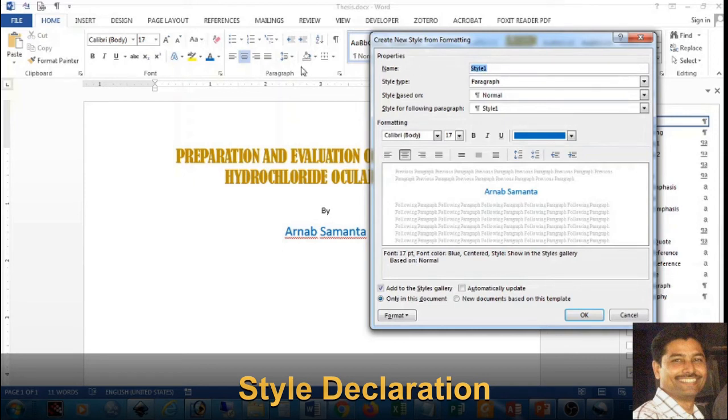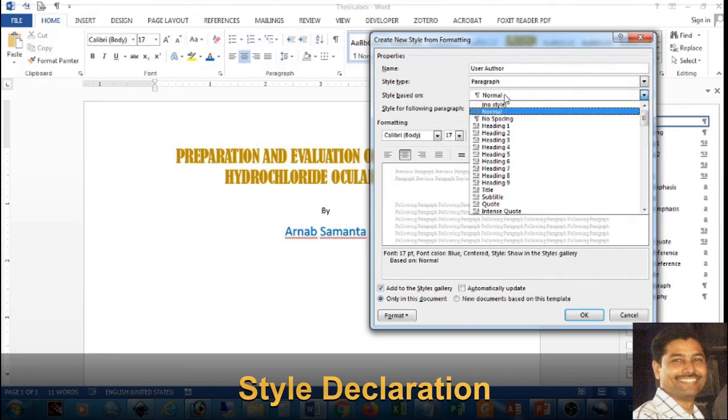Change the name to user author, as per your choice. I am giving the word user at the beginning, because then I can identify that it is made by me and not given by default by Microsoft Word. Now the type of style, yes, it is paragraph. Next, style is based on. By default it is based on normal, but I am telling you, just press no style.